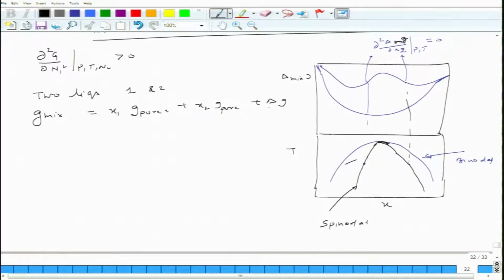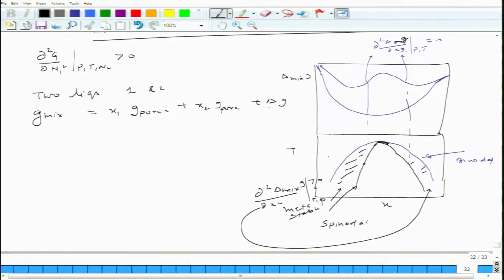This range here outside is the stable phase, and this is actually the metastable part, where the second derivative at this temperature and pressure is greater than 0 in both cases. Here this is also true, this is also true. Now, looking at here again,